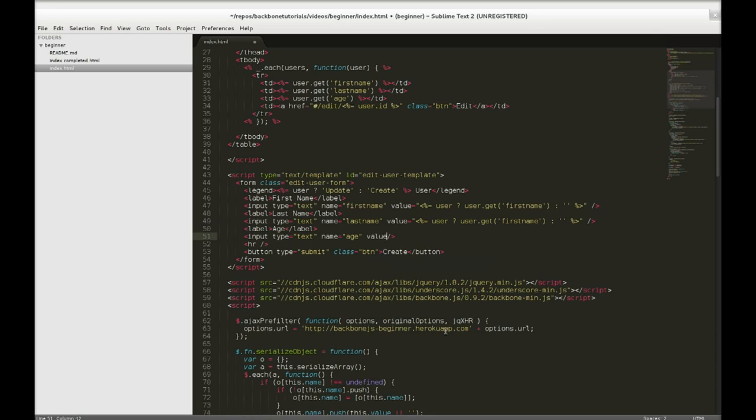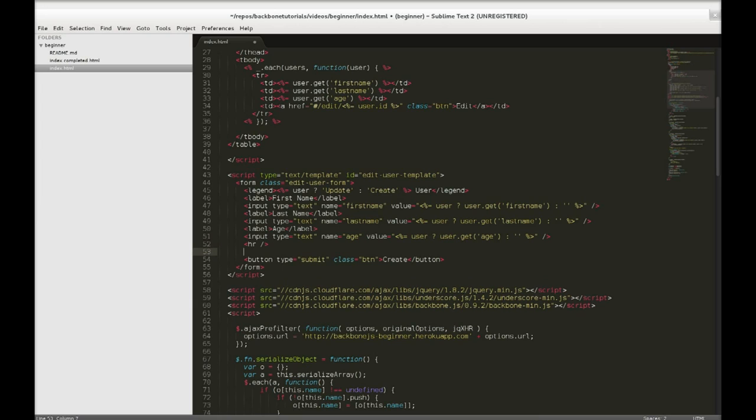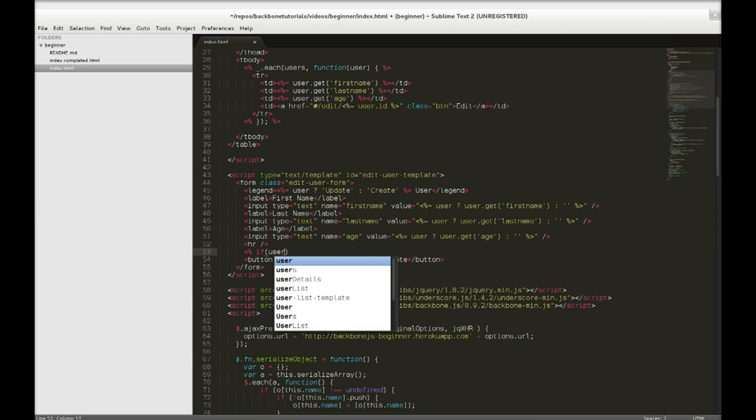And we're just going to copy it down into the value for the age. And just make sure we update those getters for the attributes. So user.get last name and user.get age. Now, because we're updating, this form would also have to contain the ID. Otherwise, Backbone will try to create a new record, whereas we want to update one. So if we are updating a user, because there is a user object present,